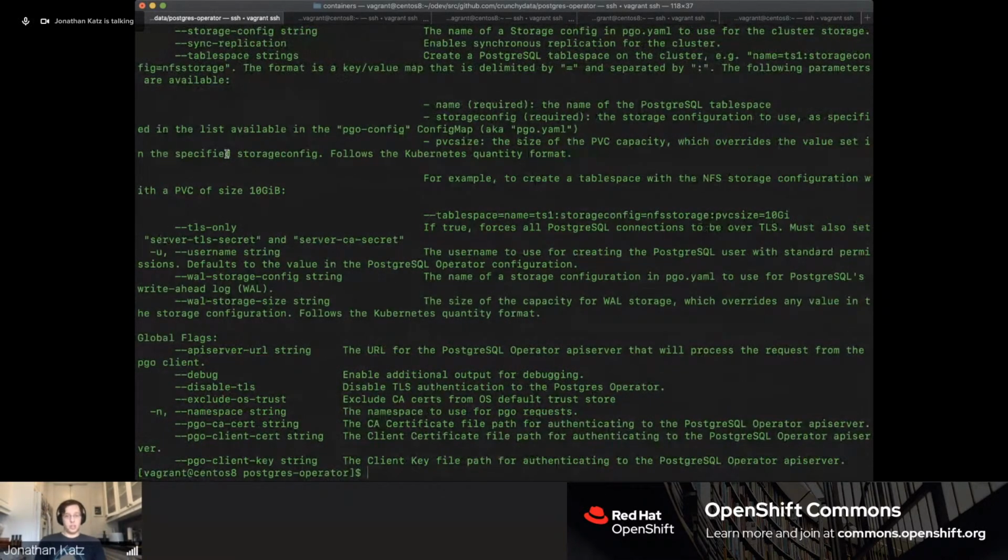Now, I mentioned that I'd talk about the trade-off of that. The problem with synchronous replication as it stands today is that if your replica goes down, so not your primary, if your replica goes down, technically your primary goes down because you need to guarantee that your writes are getting to the replica. Now with Postgres 10 and beyond, this is solved with quorum commit. And I believe, I haven't tried it myself, but if you do some of the advanced configuration with a Postgres operator instance, you can probably get the quorum commit.